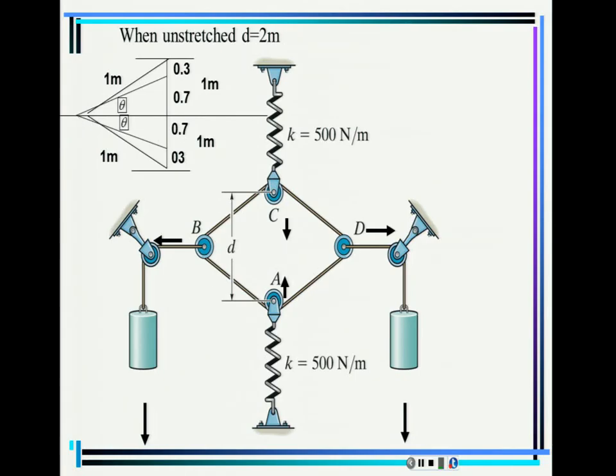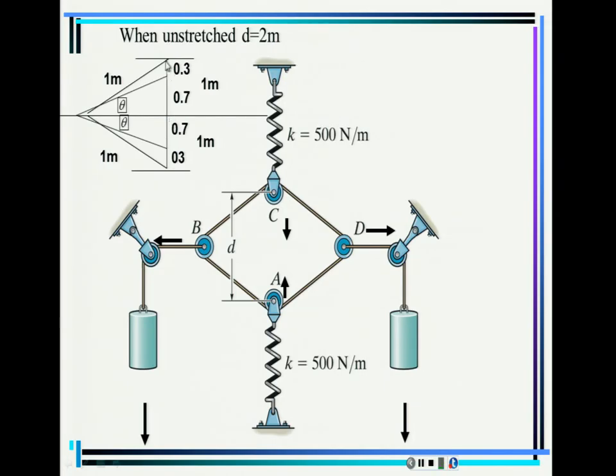Now, there's another assumption that you have to make, that these cables have to be inextensible cables. Because if those cables can stretch, then the problem acquires a whole new, horrendous dimension. So these cables are unstretchable. They are not going to change the length. If this is 1 meter, that is going to be all the time 1 meter. The only thing that is going to change is the direction, but it's going to be always the same length. If that is happening, then originally that was 1 meter and 1 meter, meaning